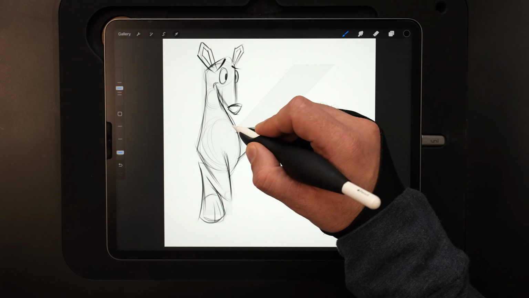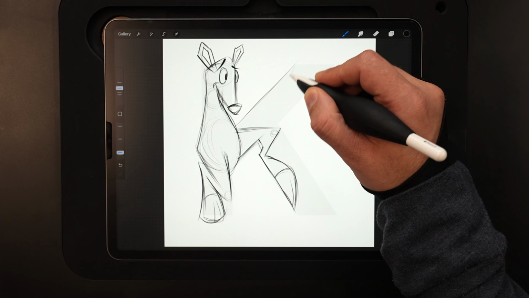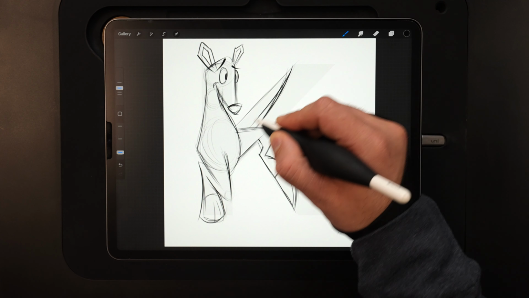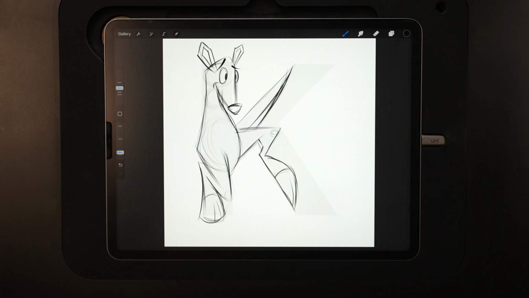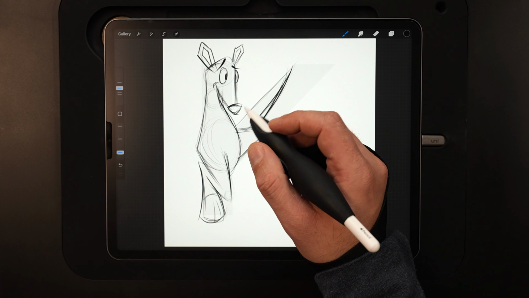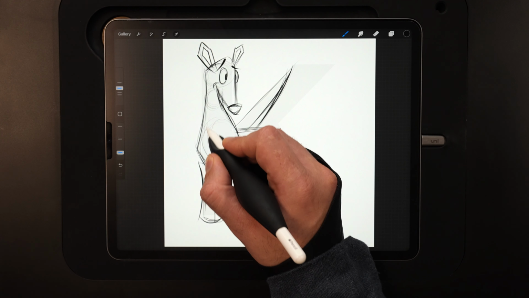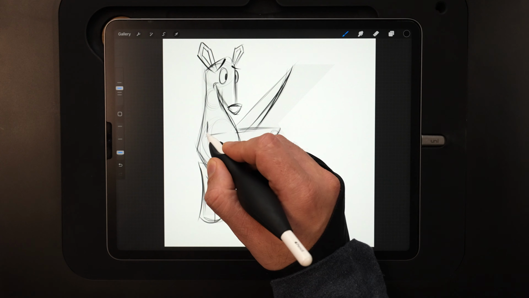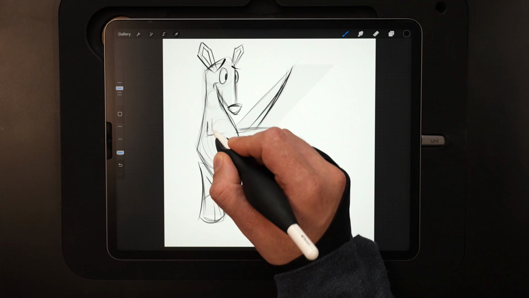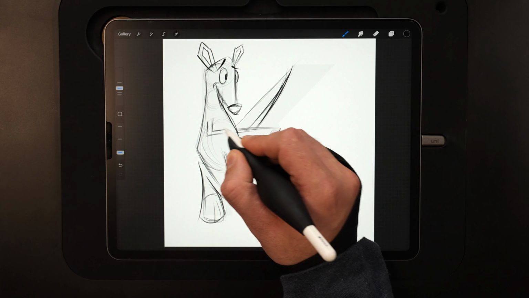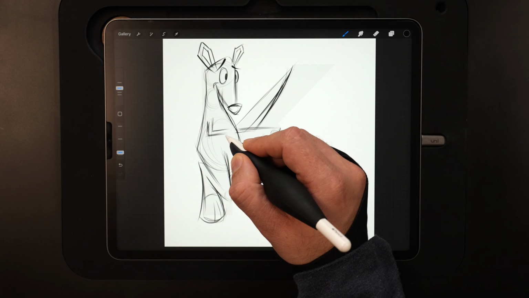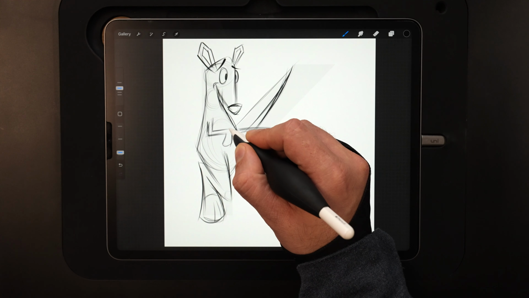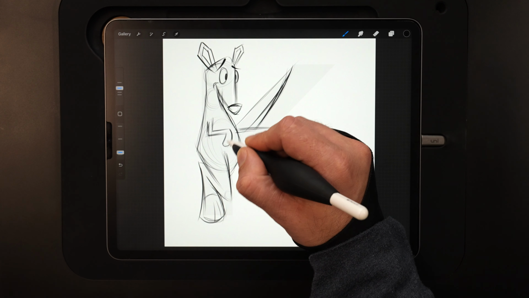We'll do the tail here. So we'll have that kind of follow up and back down. I'll have the tail kind of a different color here on the bottom, so we'll get that in there. And then for the arms here, so I'm going to start out just kind of like an L shape here for the arms, and then we'll go and do the L on top. So we've got two L's stacked on top of each other, and that's going to come down into the paw here. So we'll bring that kind of curve back towards the back,